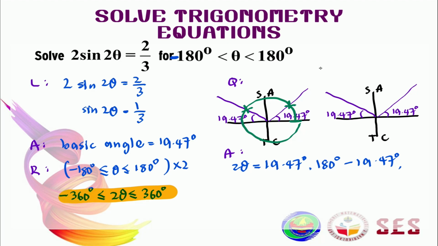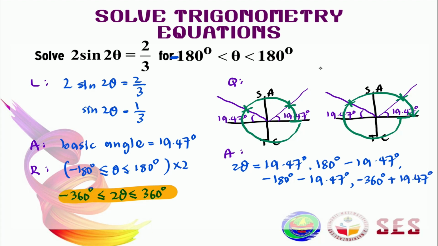Moving on to the negative angle here, as before, we are going to start with 0 degree, but this time we are going to move this in clockwise direction. And everything that the range touches will be our answer. Our third answer lies in the second quadrant here. Because this is a negative angle, this one will be negative 180 degree minus 19.47 degree. And the fourth answer is in the first quadrant here. And because this is our basic angle, that means it's negative 360 degree plus 19.47 degree.